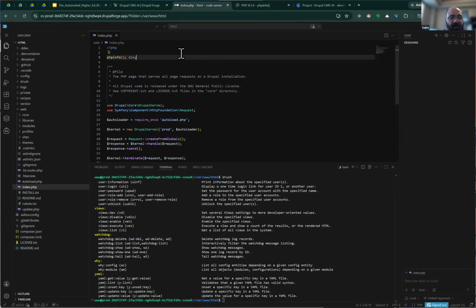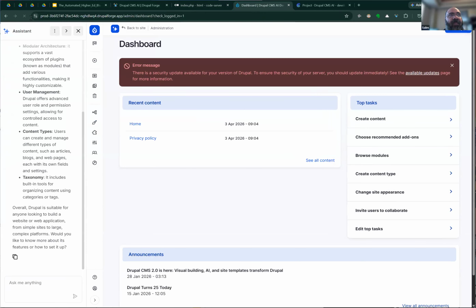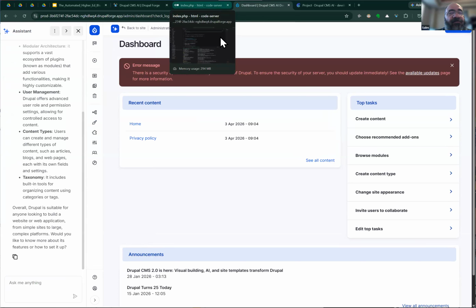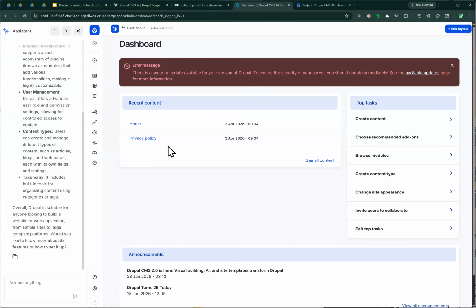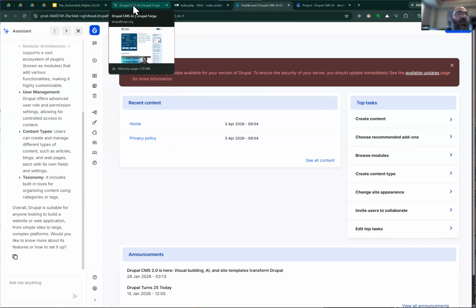If I go back and comment this out, go back here and reload this page, it'll be back at Drupal. So this is just like using a local dev environment, but in the cloud. And it does support multi-branch pulls, so you can develop and have nothing to do with production, all that good stuff, of course. That's something that if you go over here and you click manage,